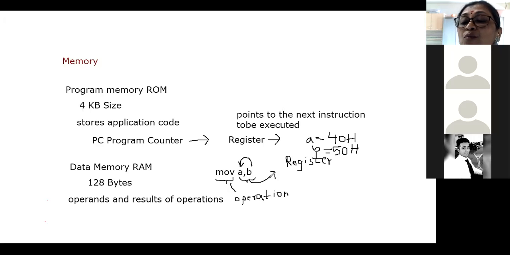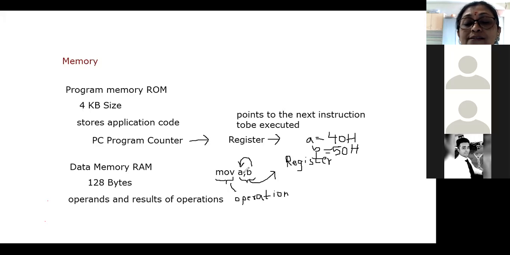All instructions are non-destructive instructions. That means after moving data 50 from register B to register A, the contents of B will not be destroyed. It is called a non-destructive operation. Now, in this particular instruction, you are performing the operation of data transfer